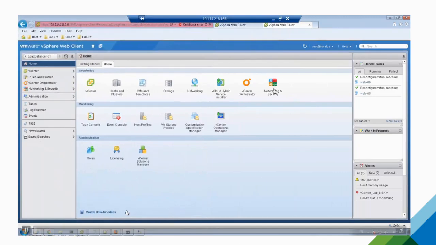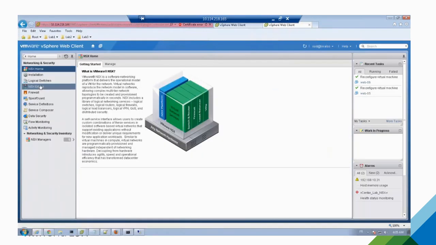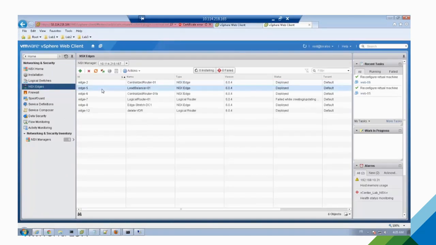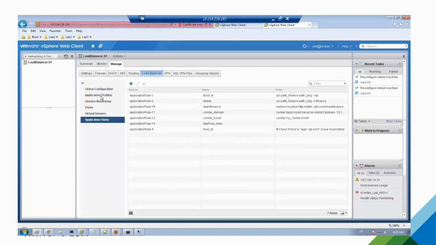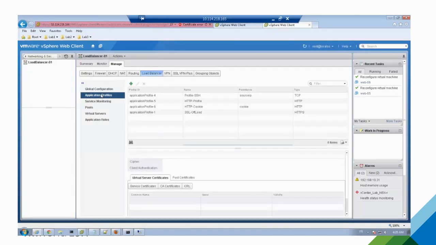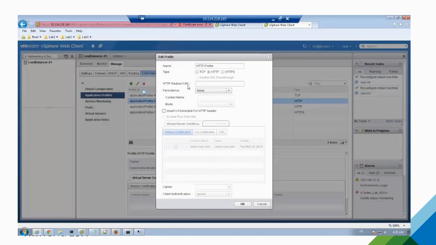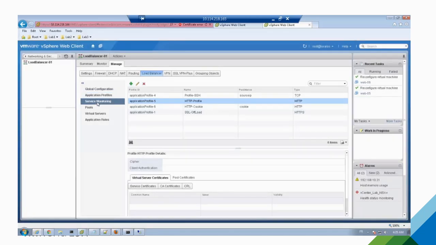Okay, so you go under NSX, and under NSX you go on your load balancer, so edge, and you see on the edge you have a load balancer section. You create an application profile. The application profile is, I don't care about persistence, I don't care about adding any header, so the default one is just good for that example.